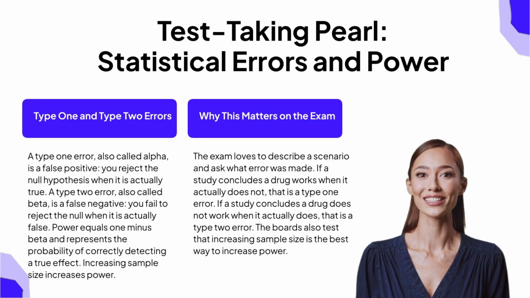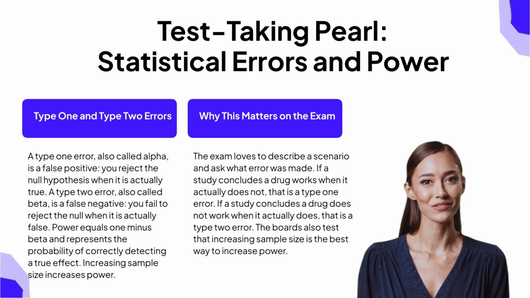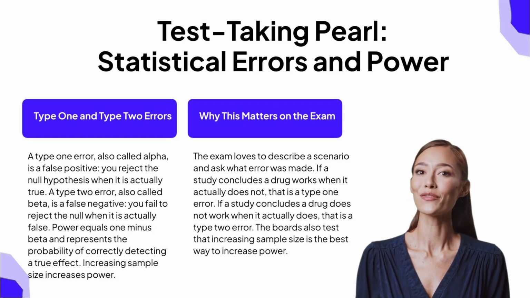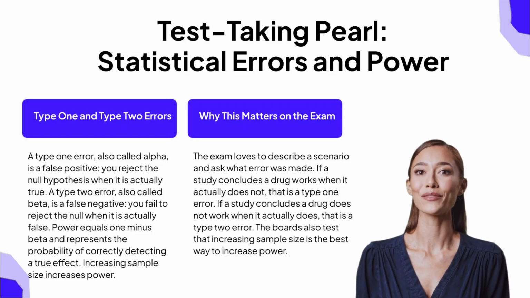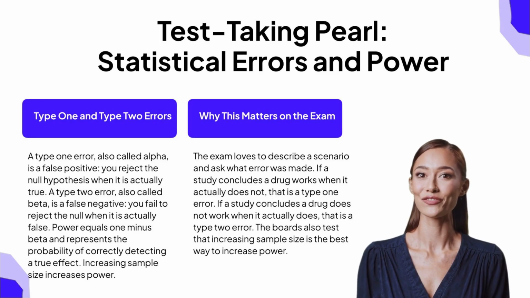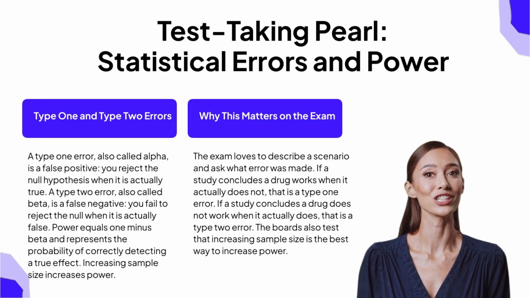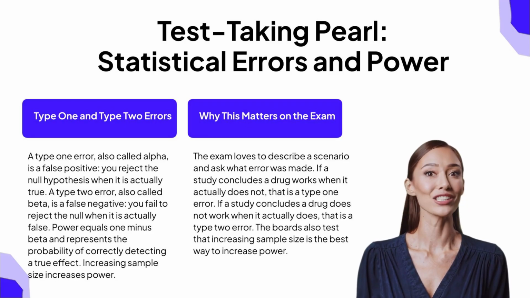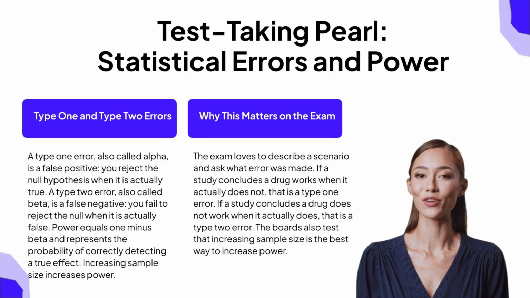Here is a critical test-taking pearl about statistical errors and power. A type 1 error, also called alpha, is a false positive. You rejected the null hypothesis when the null was actually true. A type 2 error, also called beta, is a false negative. You failed to reject the null hypothesis when the null was actually false, meaning there really was an effect, but